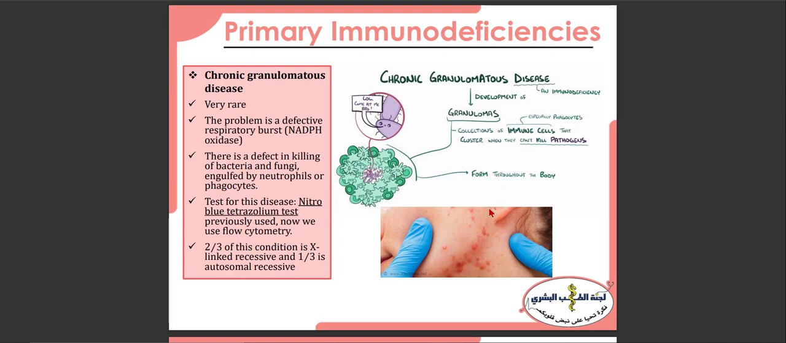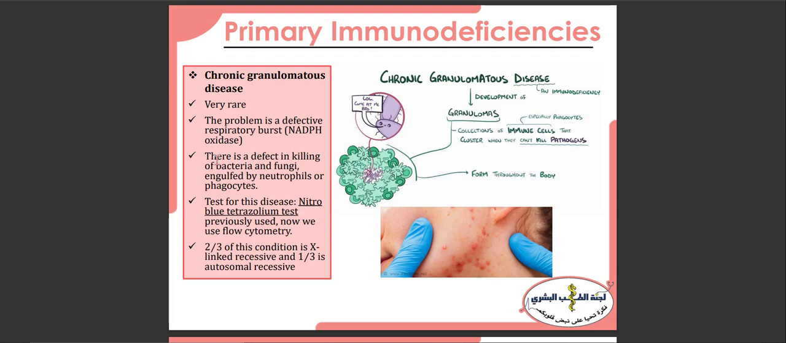after phagocytosing it. So if this whole process is defected, those immune cells will not be able to kill the pathogen, so they cluster together to form a granuloma that appears in the body as you can see in this picture, form of acne or skin rash throughout the body. This disease is very rare, as well as other primary immunodeficiencies as we discussed before, and so there is a